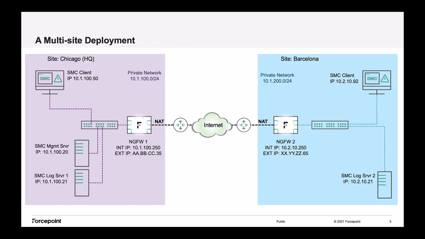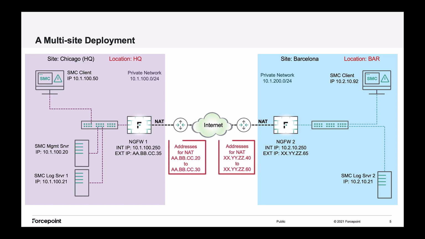So now, let's look at our deployment again. We'll begin by organizing our deployment into locations. This will be used to help us identify which communication requires the use of contact addresses instead of assigned IPs, and in some cases, which of several contact addresses should be used. Next, we need to identify or obtain from our ISP one or more public IP addresses that we can use for the devices that need contact addresses. We can then assign those addresses to the devices as needed.